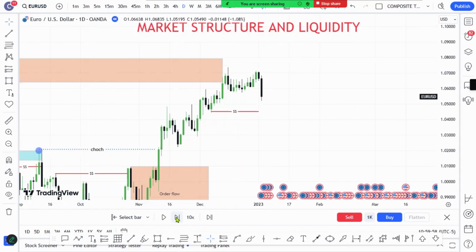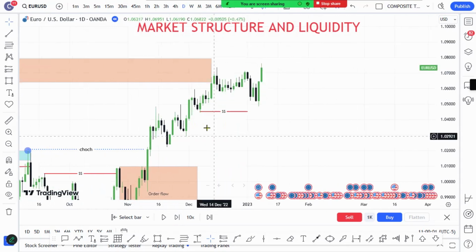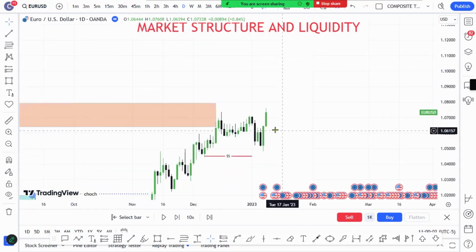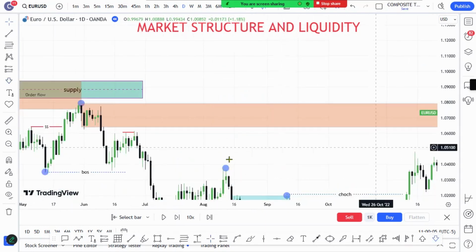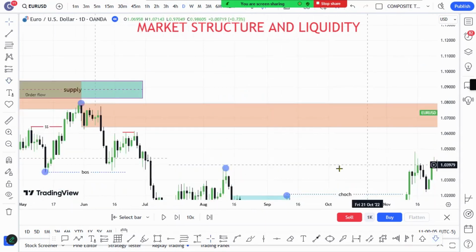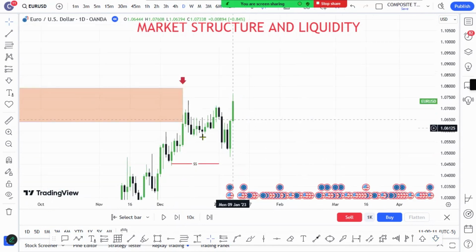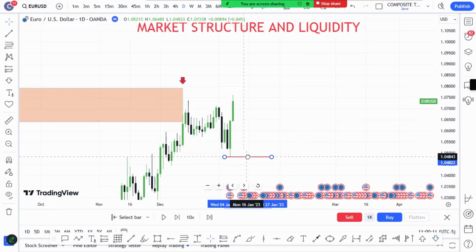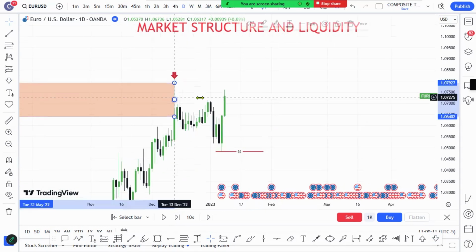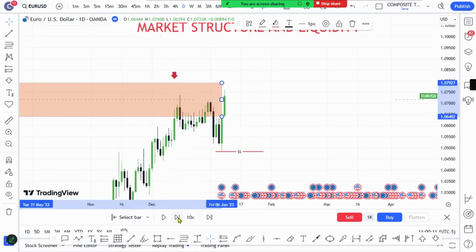Price comes down, down, down, and you see, it fails even to take out this level, and price is trying to do what? To collect all the money, because most people are selling on this level because they are looking on the left and they want to look for those levels to sell from. So you can see when price goes higher, my new liquidity zone is here. And you can see those who are selling here now are feeling the pain.